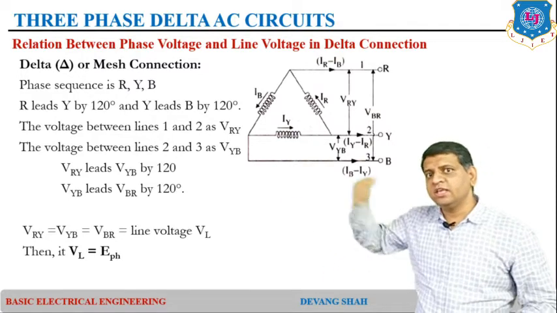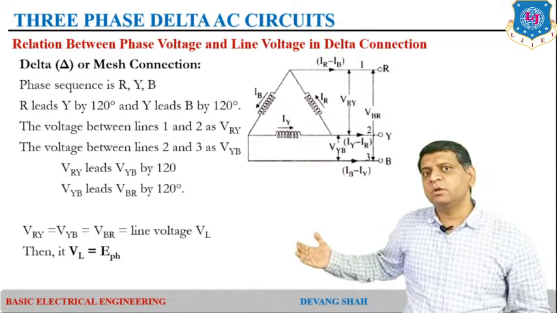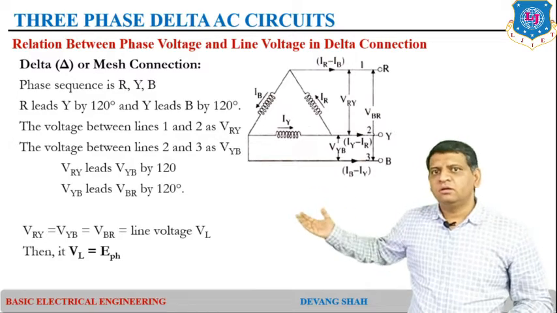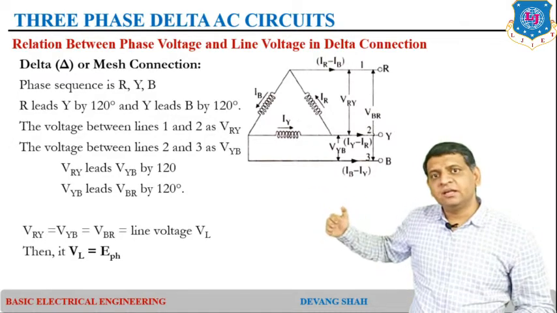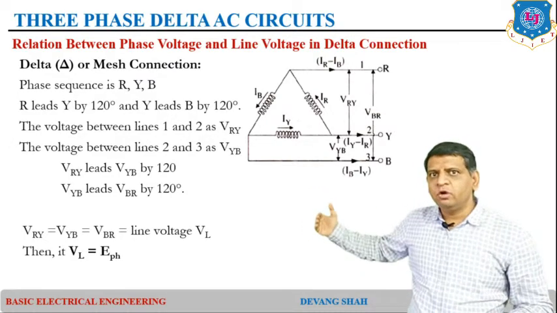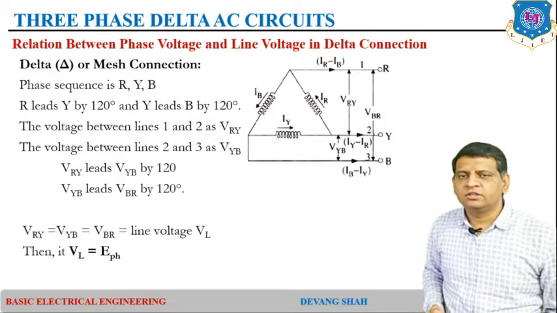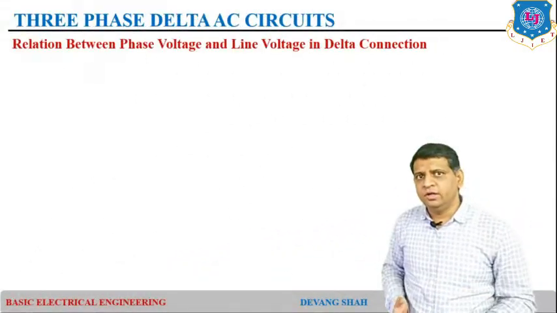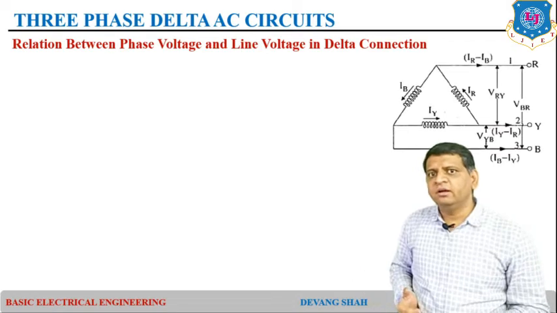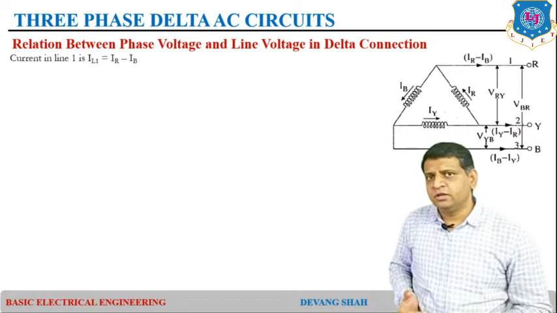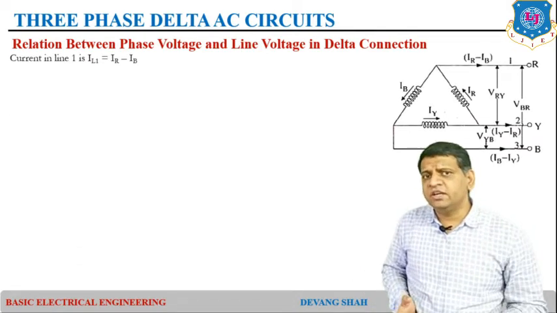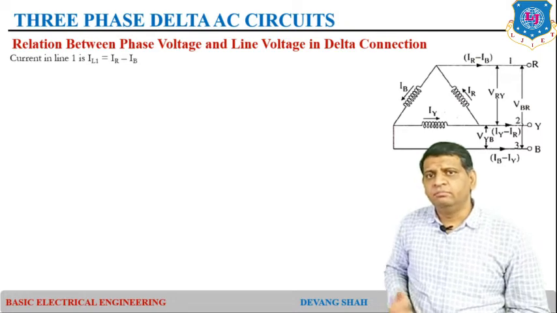Now, this is not the case with the star connection, because in a star connection the currents were the same, but in a delta connection the voltages are the same. So, line voltage is the same as the phase voltage for a 3 phase delta connection. Now, if you want to find the relationship of current, you can see straight away the current which